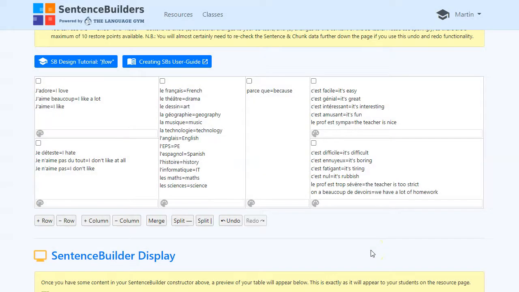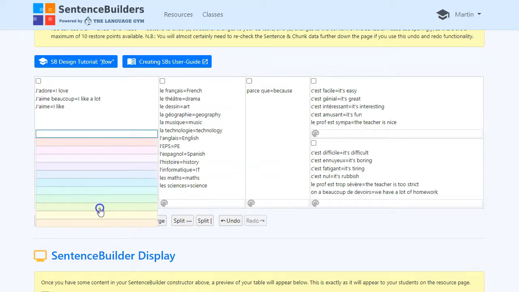So now we have our positive opinions at the top, positive likes and dislikes at the top, our negatives at the bottom, and on the right hand side there we have our positive reasons at the top and our negative reasons at the bottom. And now what we can do is we can colour code these